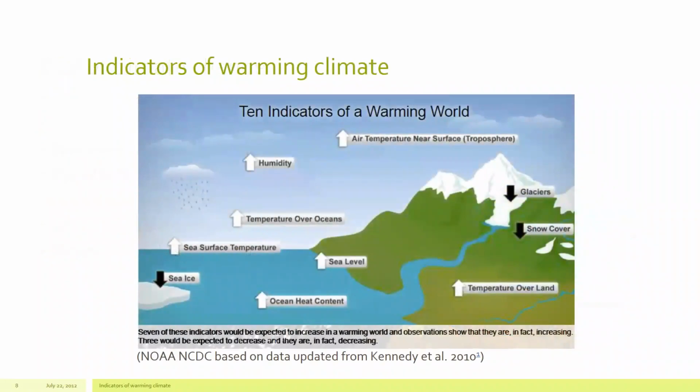What are some indicators of warming climates, past and present? If we can measure these through proxy records, we can reconstruct the climate of the past, and we can observe them in the present as indicators that we are warming the planet. We could look at average annual air temperature near the surface or higher up, like the average over a year period of our atmospheric air temperature. Levels of humidity go up when we warm the planet. Temperatures over the oceans increase when we put more greenhouse gases in the atmosphere. Sea surface then warms up as well. Sea level temperatures go up.